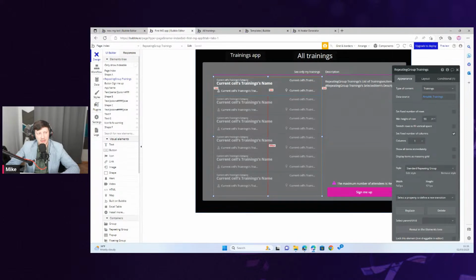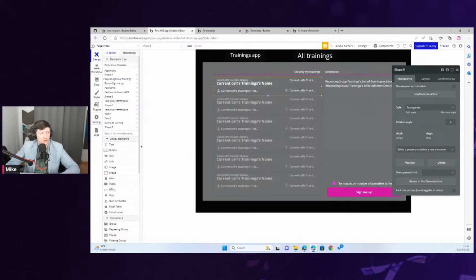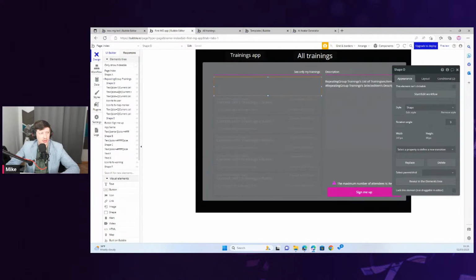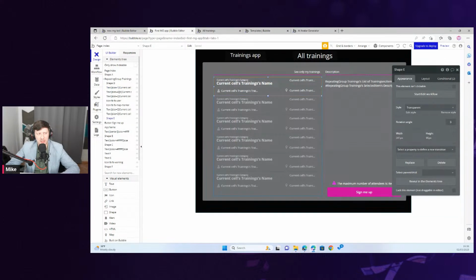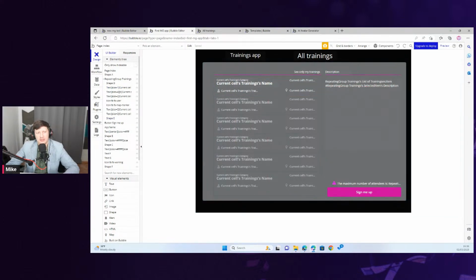Yeah, and then inside the control, let's check this out. I can just say that, okay, for the current cell from the trainings list, I want to fetch its category name, category value. And I just do the same for the rest of the controls, and boom, that's it.